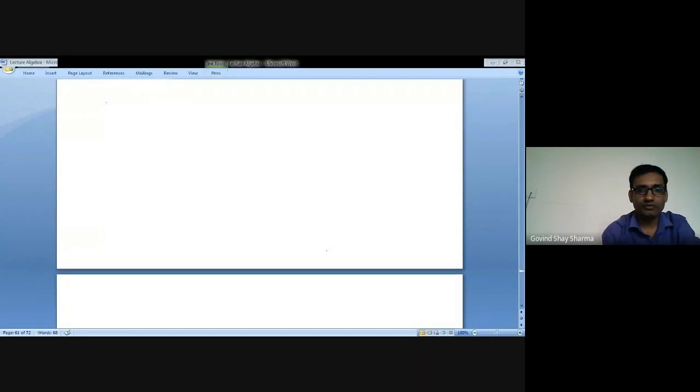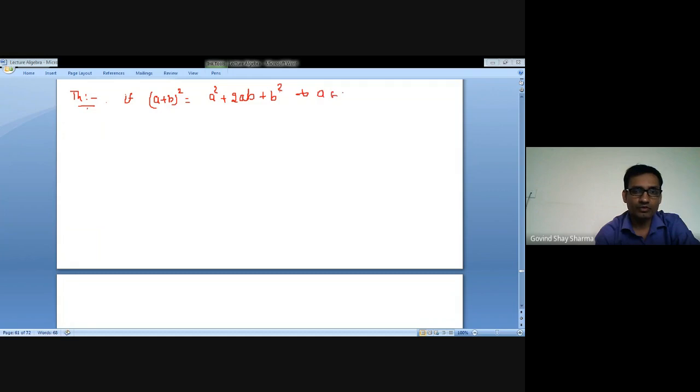Okay, students. Today we are doing some theorems based on ring. Theorem first. Prove that if (a plus b) whole square is equal to a square plus 2ab plus b square for all a, b belongs to R, then prove that